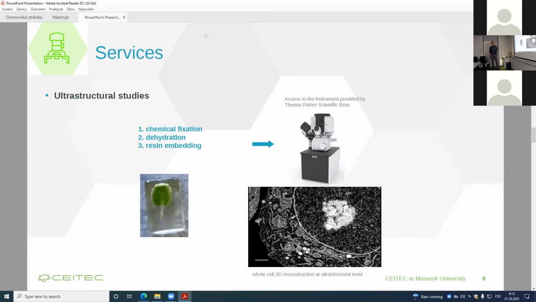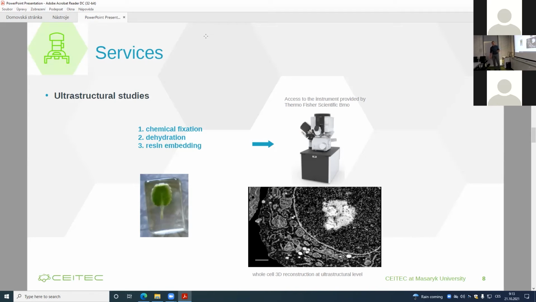This is a technique based on the embedding of the specimen into resin, usually done by chemical fixation, dehydration, and then followed by embedding, and then followed by so-called FIBSEM imaging, or someone calls it FIBSEM tomography, which someone also calls slice and view. For that, one may take advantage of having a high-end scanning electron microscope with immersion optics,